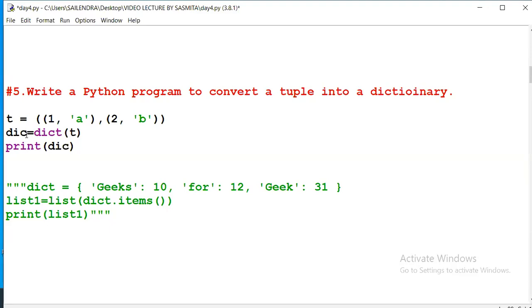Dictionary dic is equal to dict of t. This is the syntax, we cannot change it. Dict of any variable where we declared the tuple, so we can use dict of t. So print d.